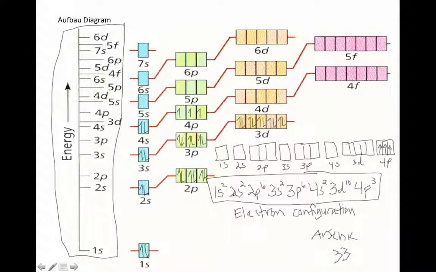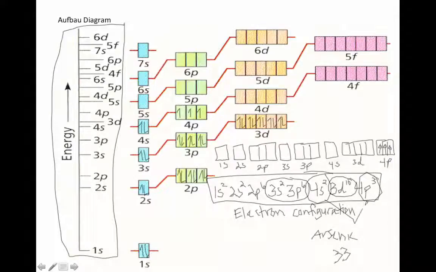So this is telling us that, okay, in the first energy level, there are 2 electrons. They're in an s orbital. In the second energy level, there are a total of 8 electrons. There are 2 of those electrons in a spherical s orbital. 6 of those electrons are in each of 3 p orbitals. At the third energy level, we've got 8 electrons here, plus another 10 here, so we have a total of 18 electrons at the third energy level. At the fourth energy level, we have a total of